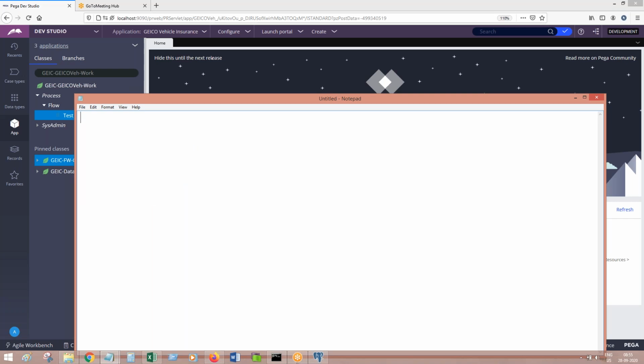So today, what did we learn? Someone please tell me what all we have learned today. I think we don't have any practical, only theory. We learned about PX, PY, PZ properties. Property name prefixes, their meaning. Next we learned about primary key, that is the PZ INS key, its formation.